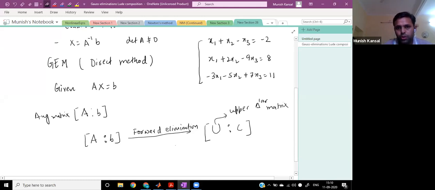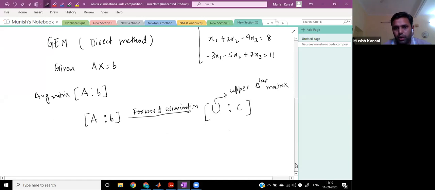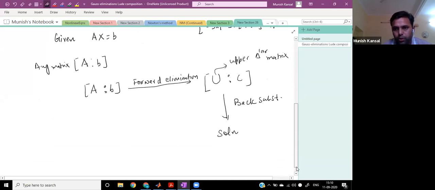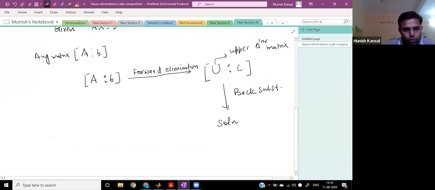Now, once you convert the coefficient matrix into upper triangular matrix, then we make back substitution, right? So when you make back substitution, you can find out the solution, right? So it will give you the values of the unknown variable. So what happens, let us say you are given some matrix like this. Say I'm just writing down the coefficient matrix, right? Similarly, you will add one row to it. This is my B vector, right?